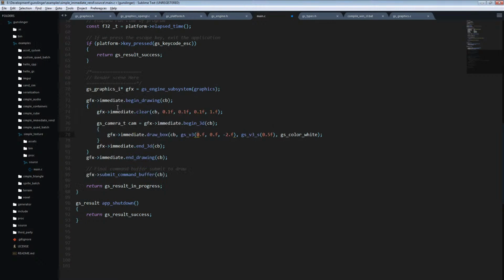But that's kind of limiting because there's no way to rotate this, and there's no way to do full homogeneous transformations just using this, right? So there's no way to rotate it, there's no way to scale it, other than setting the half dimensions, and there's no way to translate it other than doing this. Basically what you're setting up here